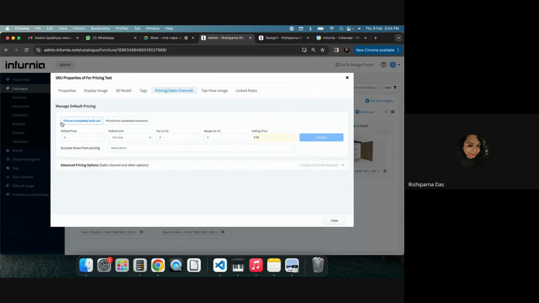So we were discussing price as completely built unit. You need to understand that the entire cabinet is considered as a completely built unit with shutter, hardware, everything. It is completely built, and you can price it as a per unit item. Like suppose there is a sofa and the cost of the sofa is 20,000 rupees. So that means per unit price of the sofa is 20,000 rupees, right? Similarly, it is considered that the cabinet is 20,000 rupees, and even if you make any changes on that, this